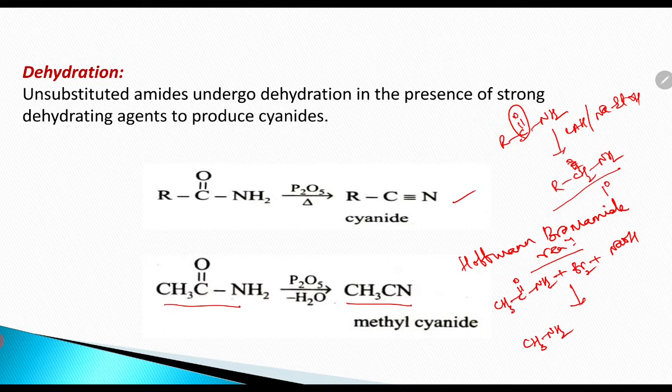CH3NH2. That is, in this process, the product contains one carbon atom less than the starting amide. That is, methylamine is obtained, plus sodium bromide, sodium carbonate and H2O. This is the Hofmann bromamide reaction. This is a very important reaction of amides. Next,